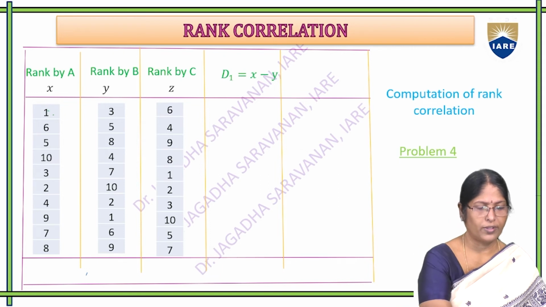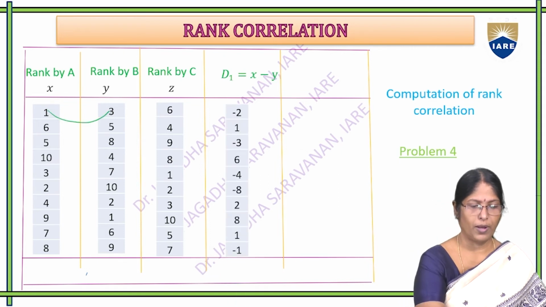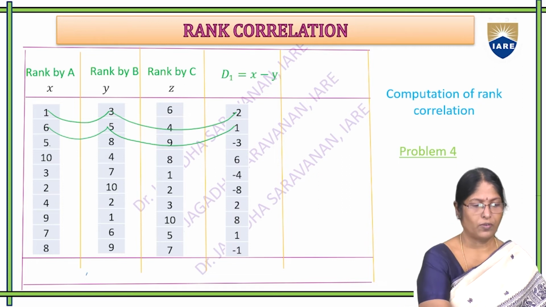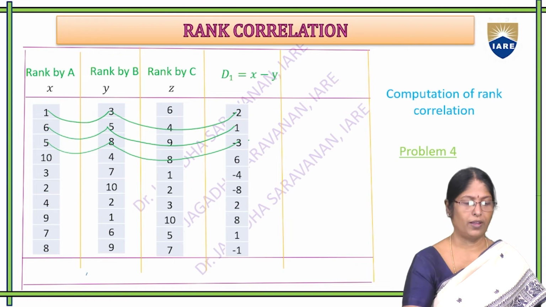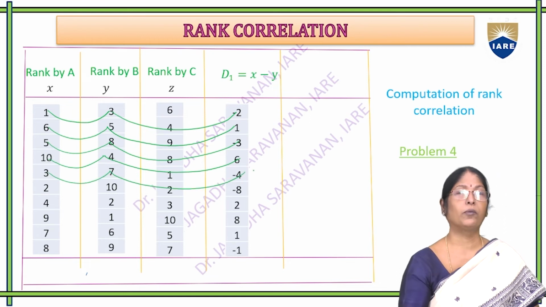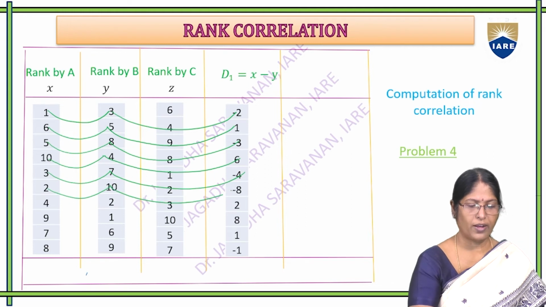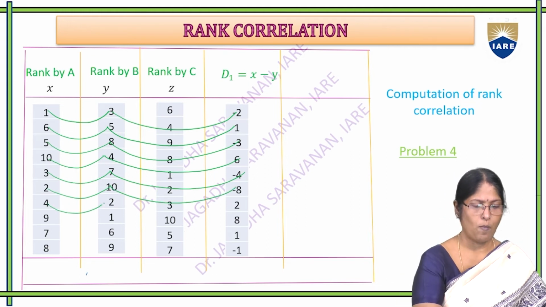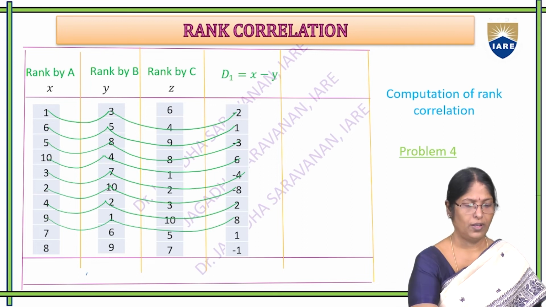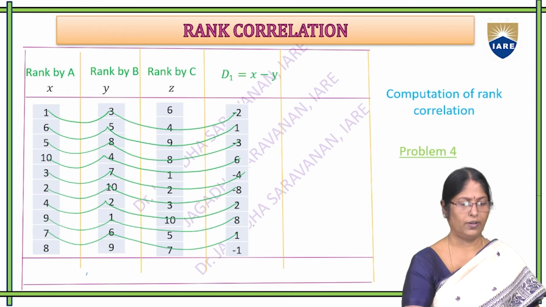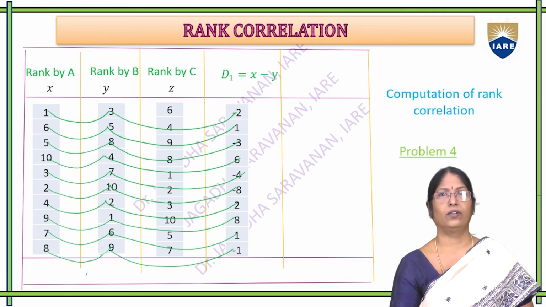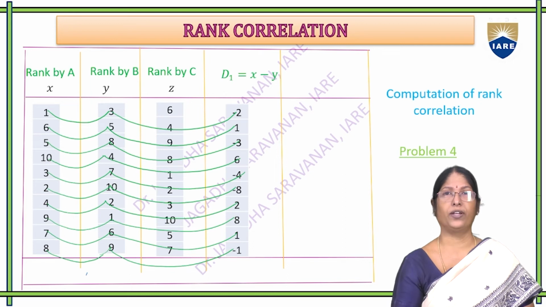So the D1, here we can see it, 1 minus 3, which is nothing but minus 2. Next, 6 minus 5, it is 1. Next 5 minus 8, it's nothing but minus 3. 10 minus 4, it's 6. 3 minus 7, it's minus 4. 2 minus 10, it's minus 8. 4 minus 2, it's 2. And 9 minus 1, it's 8. 7 minus 6, it's 1. 8 minus 9, it's minus 1. So the D1